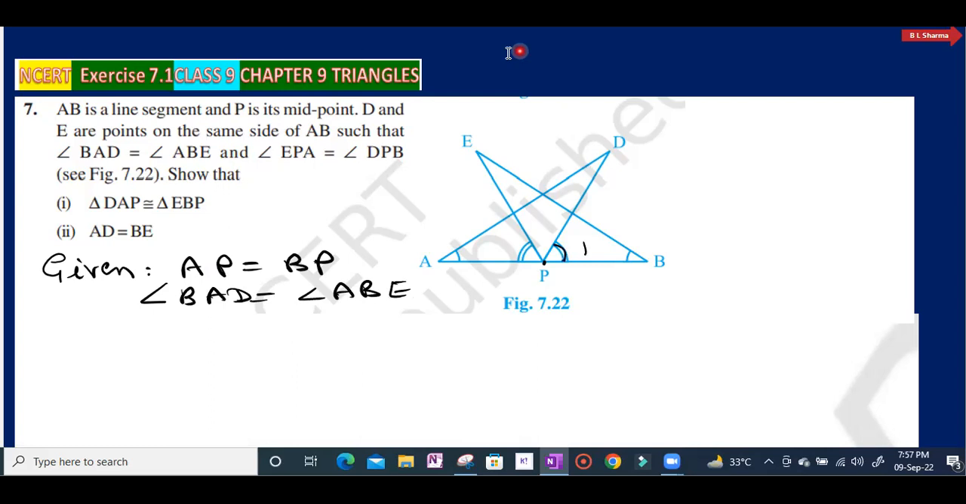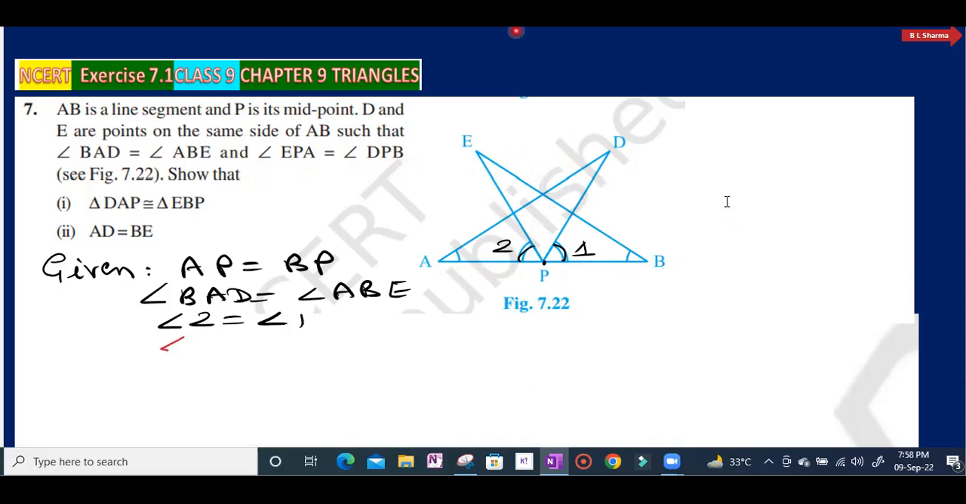BAD, let this angle be angle number 1, and ABE, sorry, EPA is equal to angle DPB. Angle number 1, yes, see here, angle EPA is equal to angle DPB. Angle EPA, that is angle number 2. Angle DPB, that is angle number 1. एंगल्स का नंबरिंग करने से ये हमें आसानी से हम इसको आइडेंटिफाई कर पाते।